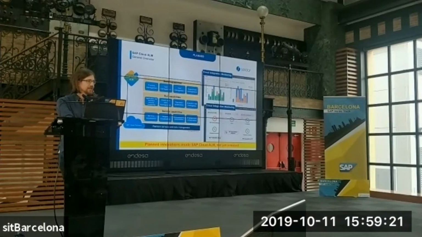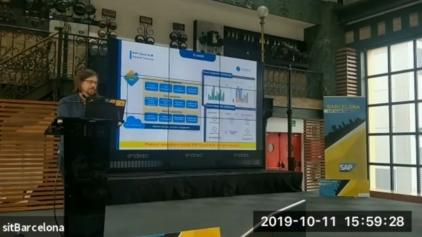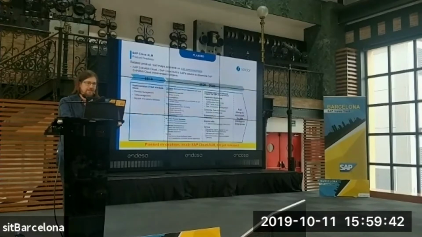In the last year, we only have the implementation portal steps. SAP expects that at the end of the year, at the Solution Manager Education Summit in Heidelberg, we will show more news about this product. And this is the roadmap that I picked from the TechEd presentation yesterday.